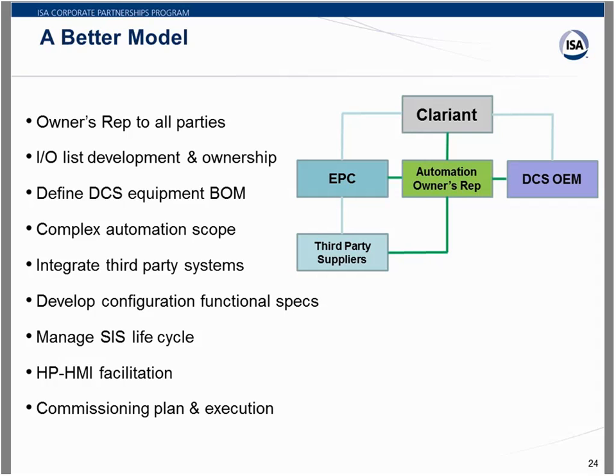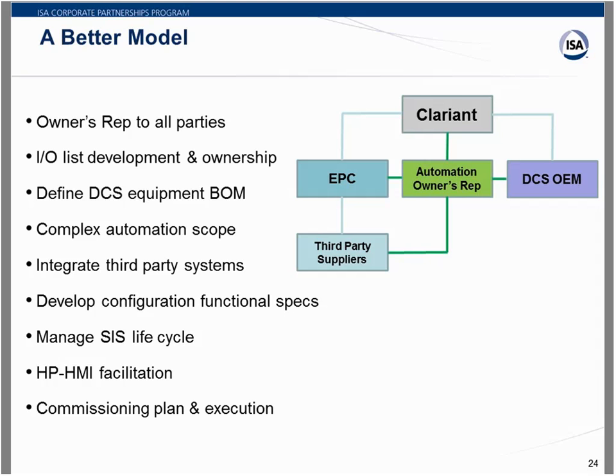And then finally, to create the commissioning plan and to participate in commissioning and execution. I didn't mention factory acceptance testing, site acceptance testing, all that was part of what the automation owner's rep did as well. And some of the more specialized tasks, including what I mentioned before, but also building automation system. That was kind of a specialized system that was really outside the realm of some of the other entities to be able to define. Field instrument linearization was a task the automation owner's rep performed.